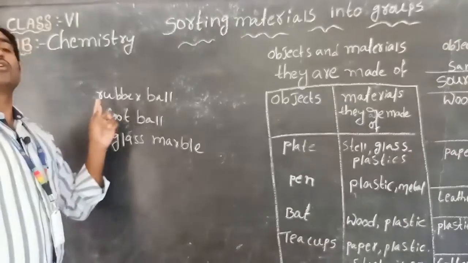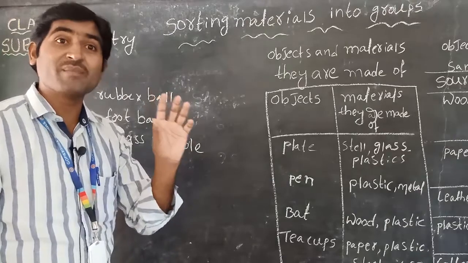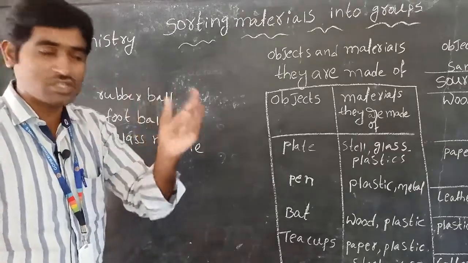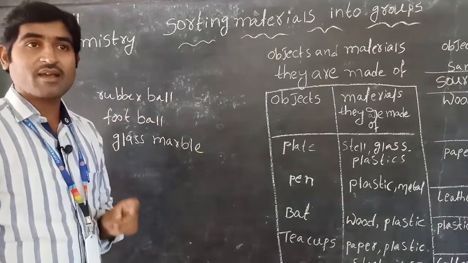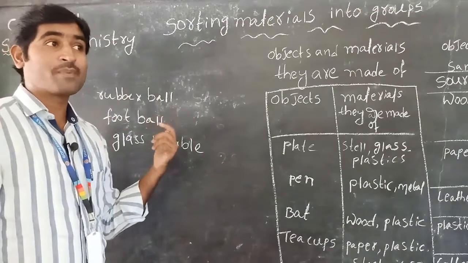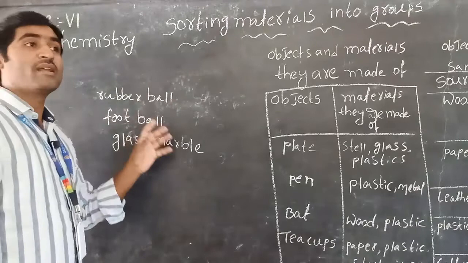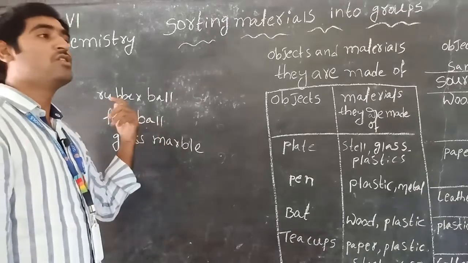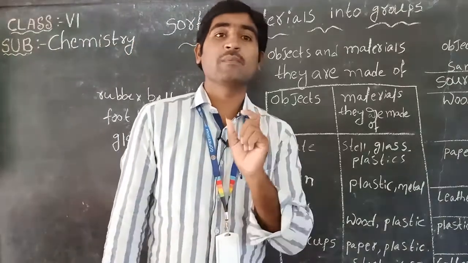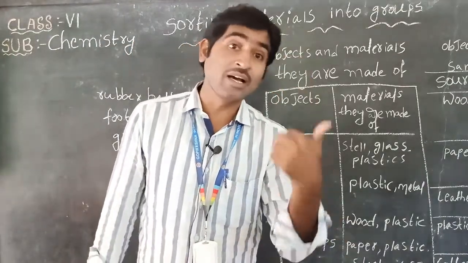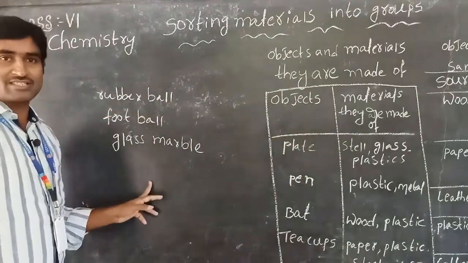In the list, first we wrote the rubber ball. Have you seen a rubber ball? What is the shape of the rubber ball? Rounded. Have you seen a football? What is the shape of the football? Rounded. Like this, so many kinds of objects came into our list which are in a rounded shape. If we adjust our shape to nearly round, some more objects are included in our list.